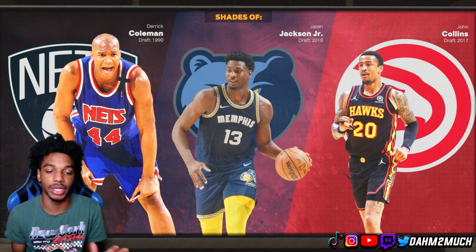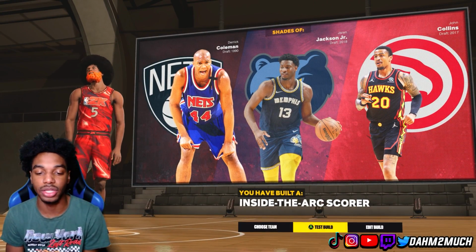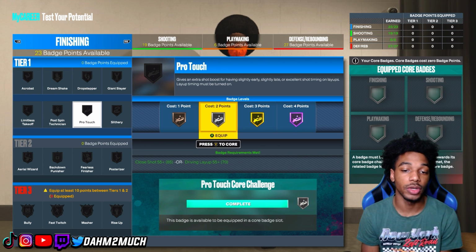We didn't get the KG comparison, but by the stats, I know we play very similar to KG. The name that you get, though, is an inside the arc score. And now we put this build at a 99, so I can show you guys what badges I will run on this build. So now when it comes to the finishing category, of course, first thing I'm starting off with